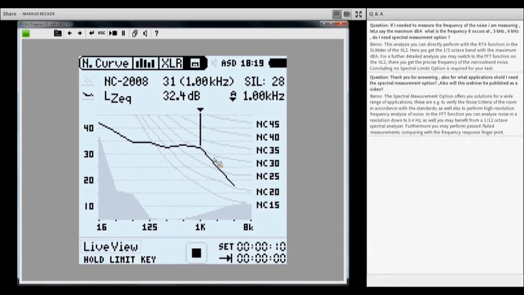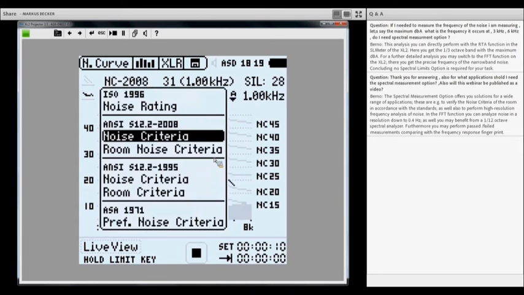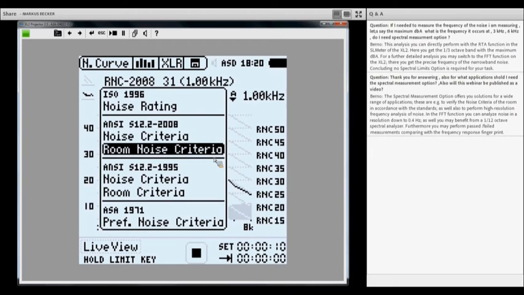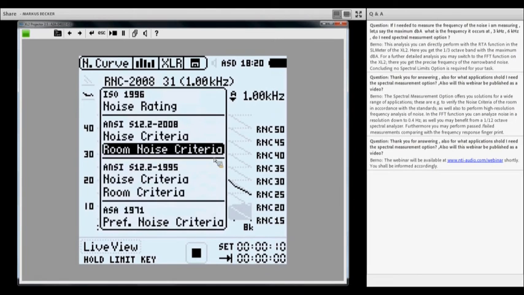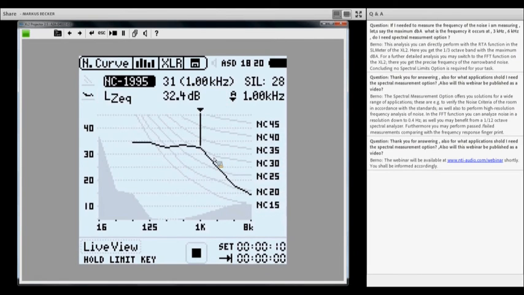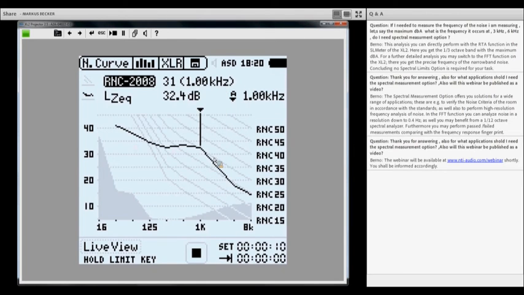And at the end of the measurement, I have automatically saved the result. And this gives me now the opportunity to take a look at the result in a different standard. So for instance, I could take a look at the RNC result, and I don't have to redo my measurement. The XL2 will automatically take the saved raw data and calculate the corresponding result in the selected standard. So this is a very comfortable means that allows you to get a good impression of all these standards and what the corresponding results would be.